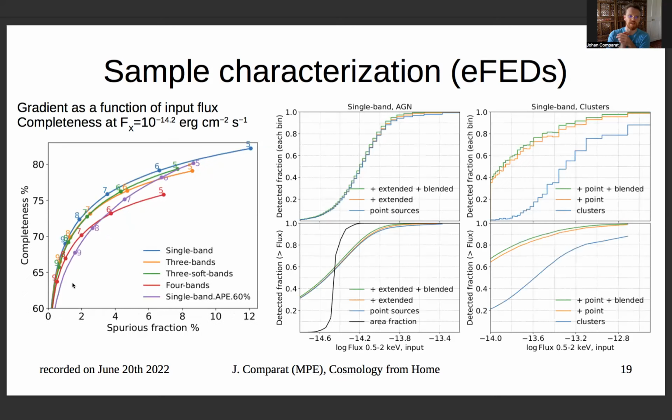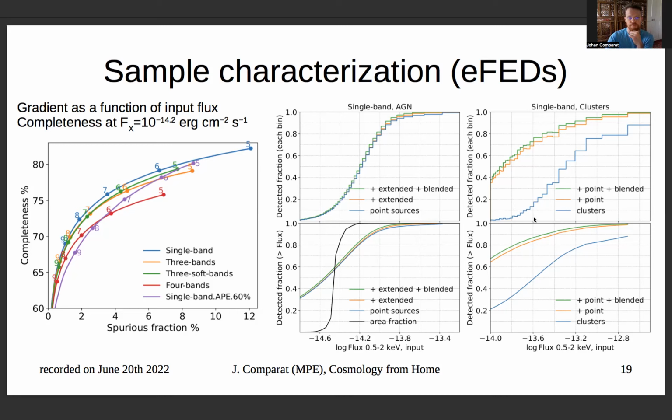Now we can look at trends. So here's the same figure, again normalized at 10 to the minus 14.2 in flux to compute the completeness. We see that for AGNs, the detected fraction, the sort of completeness, is mainly driven by flux in the input source, and you have this nice sigmoid function. While for galaxy clusters, it's quite different. So you have a function that evolves much more slowly with flux, and this is due to the extended nature